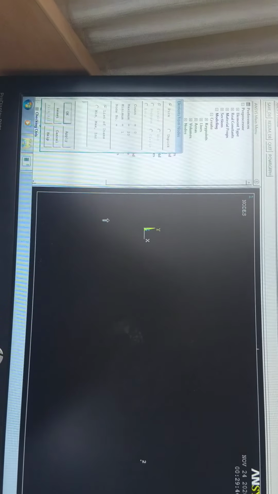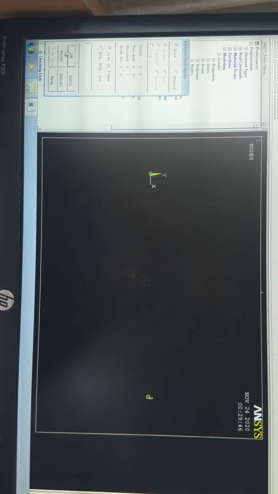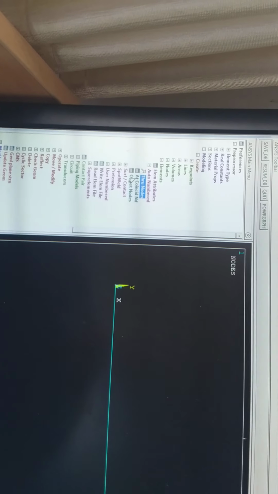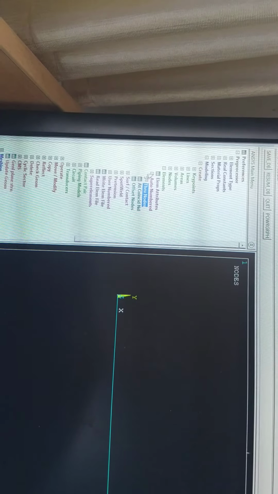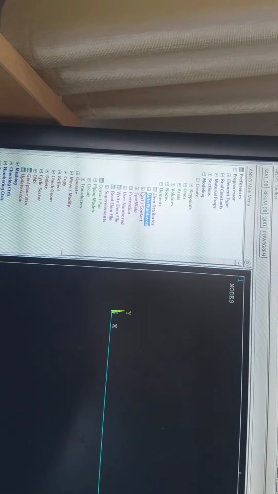So now it is asking to pick node 1 and node 2. Pick node 1 and node 2 and give OK. And after auto numbered through nodes, it has been created. Now the element is created, nodes and element both are created.